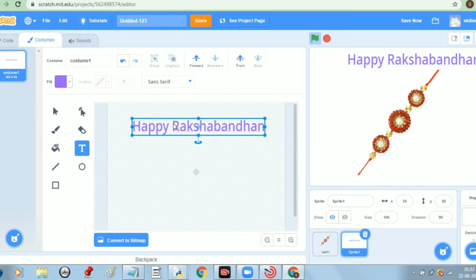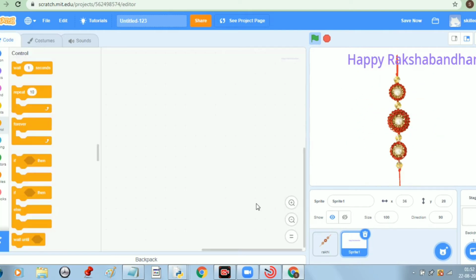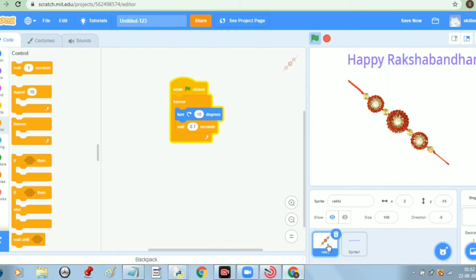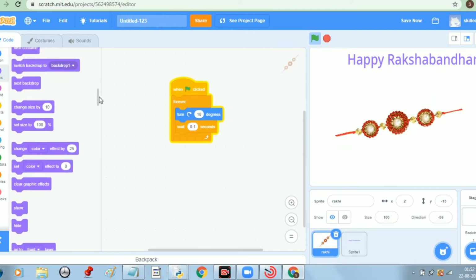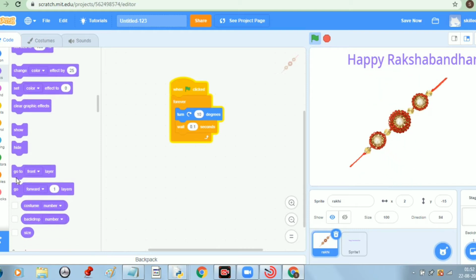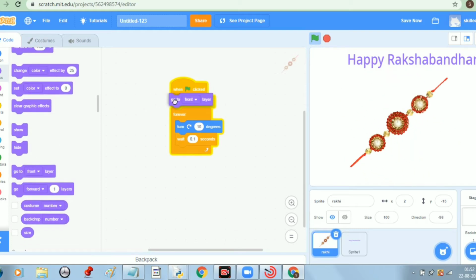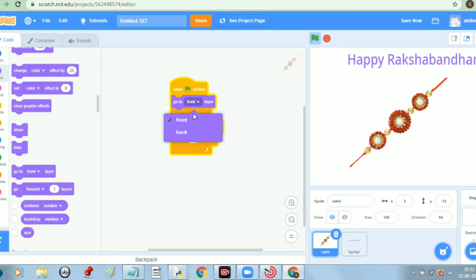So can you see this Rakhi is coming over this text? So now we will choose this Rakhi sprite, and in the looks block we will take this, go to back layer.